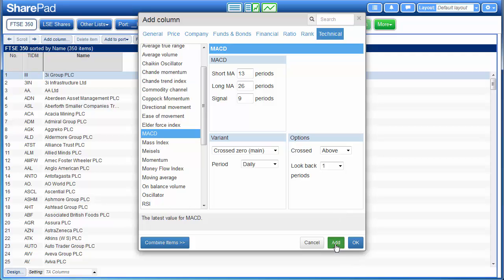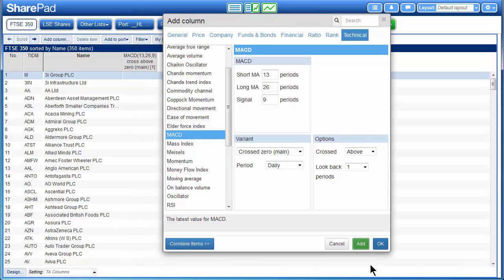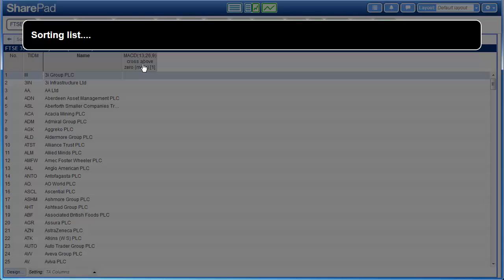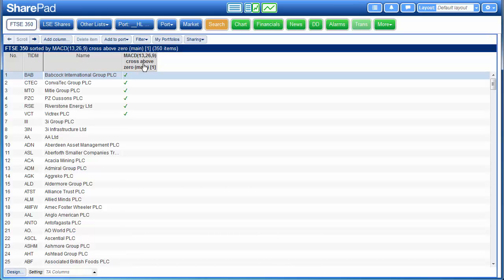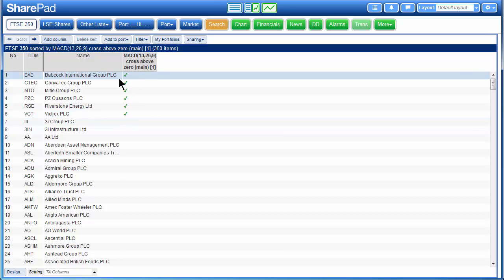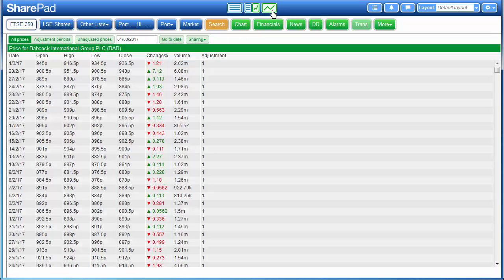If we add this, close the dialog box, we can sort the list by this column, and all the ones with a tick, i.e. all the ones where the MACD has just crossed, appear at the top of the list. If we move to the graph of Babcock, the first item in our list,